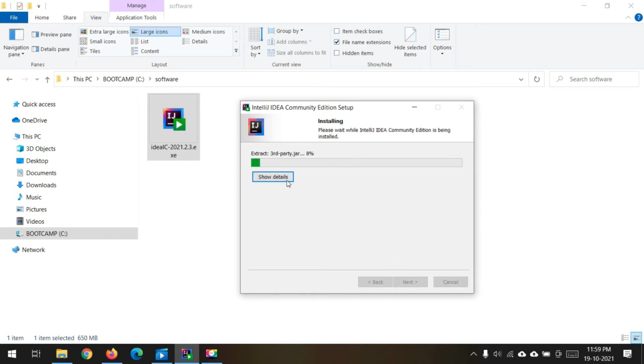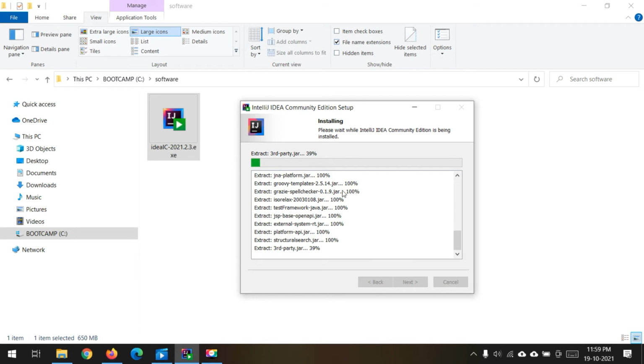You can click on show details to see the file progress. These are the files which are being extracted and installed on your computer. It takes some time, depending on your computer performance.